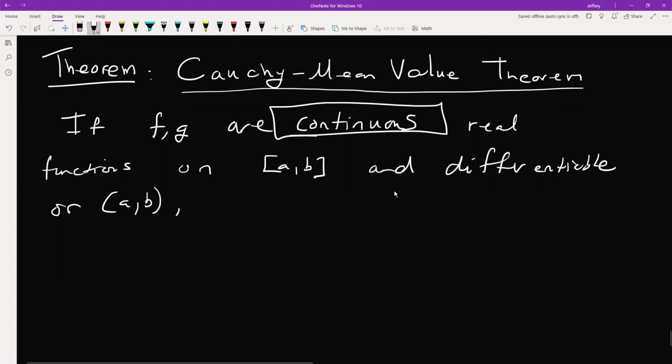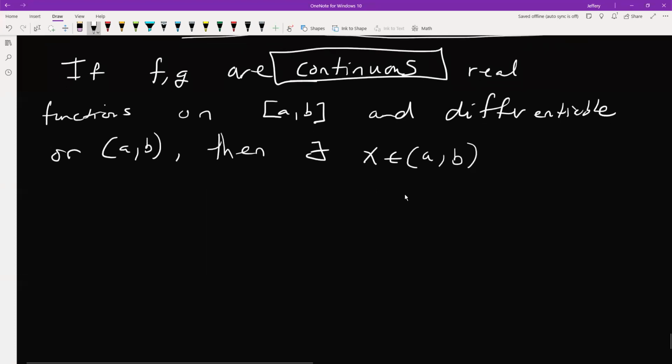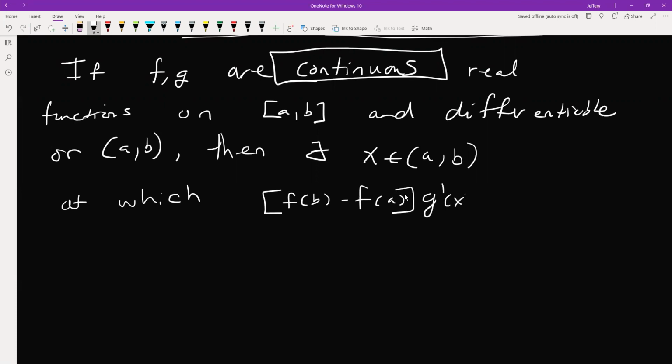Right. So then our conclusion is going to be, then there's some x in this open interval, okay, not at the endpoints. There's some x in here at which we get this result. If I take f of b minus f of a times g prime of x, this will be equal to g of b minus g of a times f prime